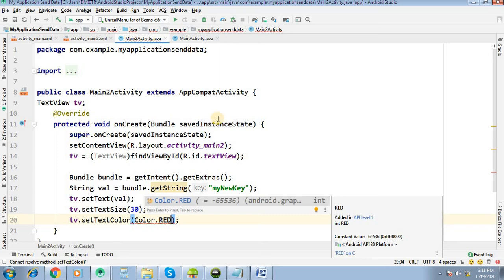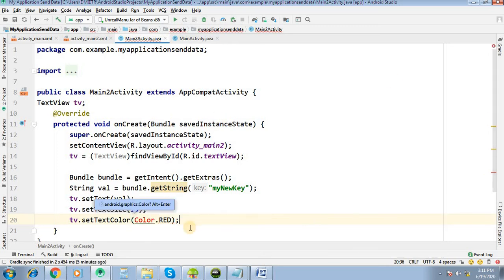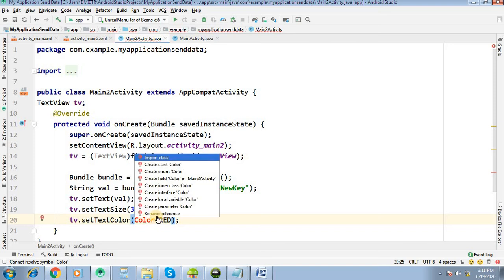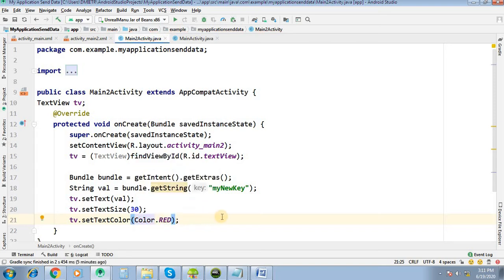So this is the value which is coming from activity 1. Import the class, alt enter to import the class. Now let us run this configuration.